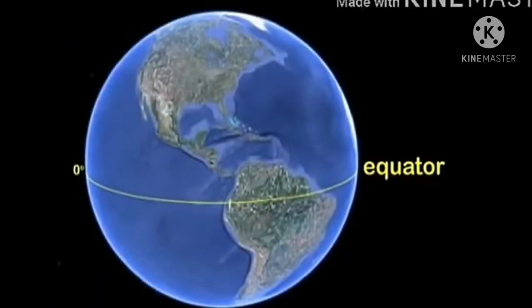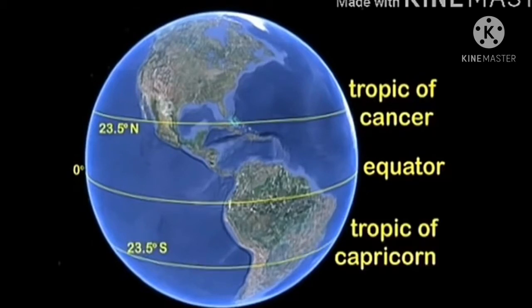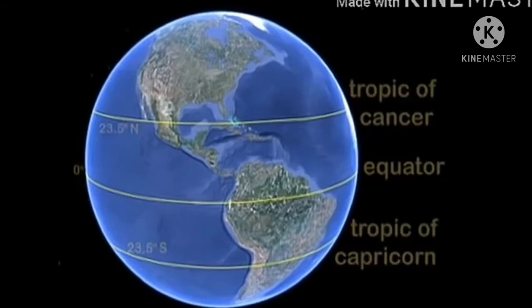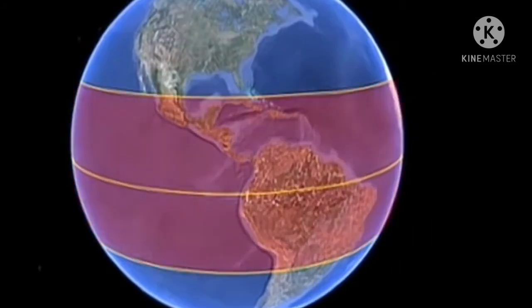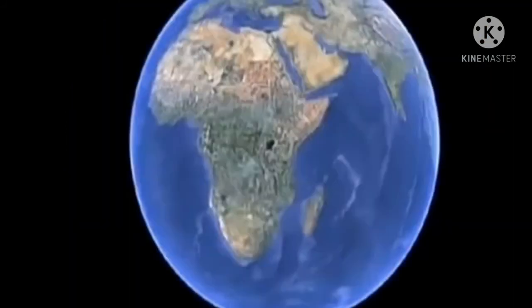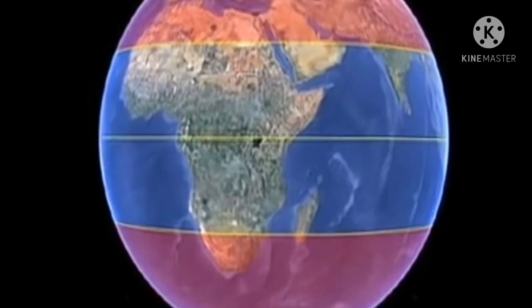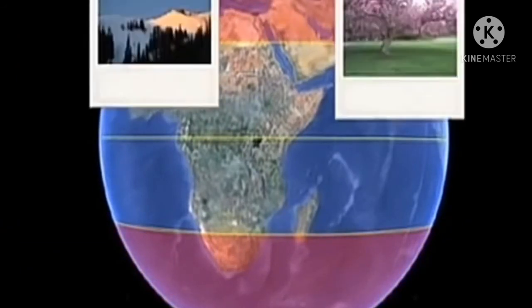Now the line of the equator is at 0 degrees, and we have said earlier that we have the Tropic of Cancer, 23.5 degrees north, and the Tropic of Capricorn, 23.5 degrees south. These areas are in the tropics, like Nigeria is in the tropics. So you have rainy season and dry season. But beyond the Tropic of Capricorn and Tropic of Cancer, all the areas in the southern and northern parts of the earth experience 4 seasons: autumn,